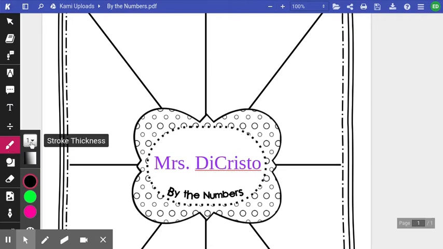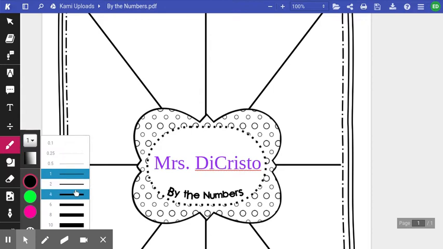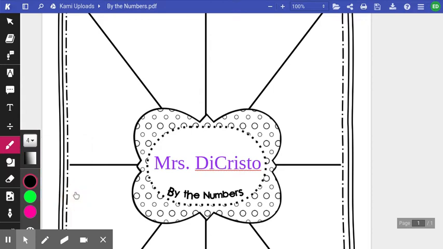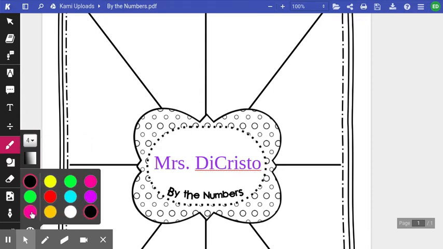Okay, this right here changes the stroke thickness. So if I want to make it a little bit of a thicker line when I'm writing, I can change my color again. And you're going to pick numbers that mean something to you. So for example, my first number might be 1, which would represent